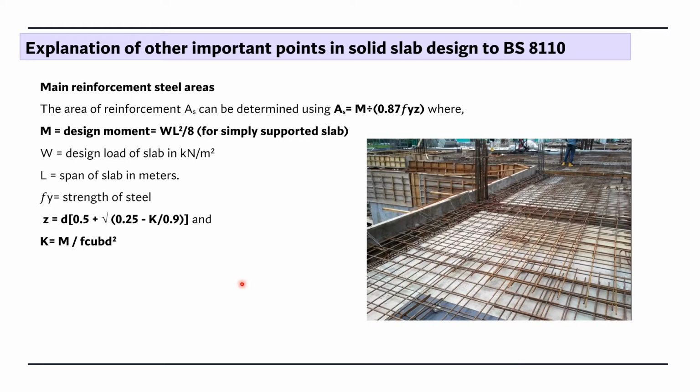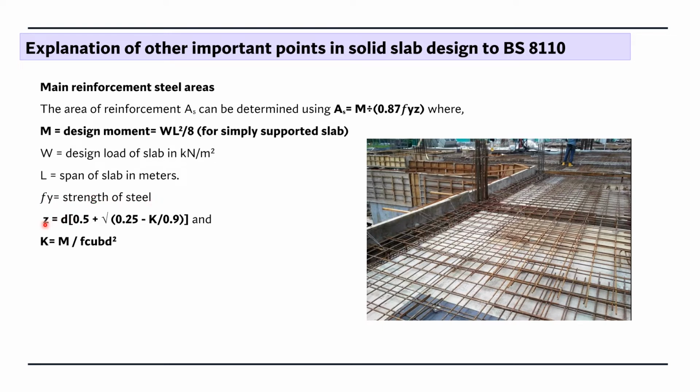Now, main reinforcement areas. The area of reinforcement, As, can be determined using the formula As is equal to M divided by 0.87 fy z, where M is design moment, which, for a simply supported slab, is wL squared over 8, and w is the design load of slab in kilonewton per meter squared, L is the span of slab in meters, and fy is the strength of